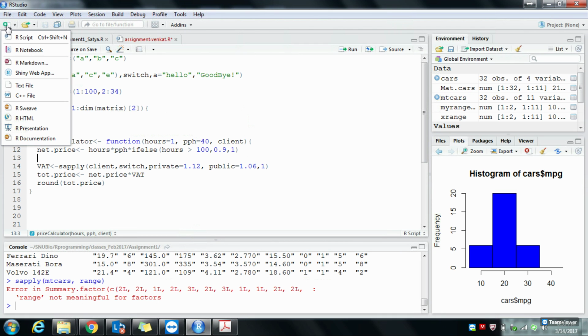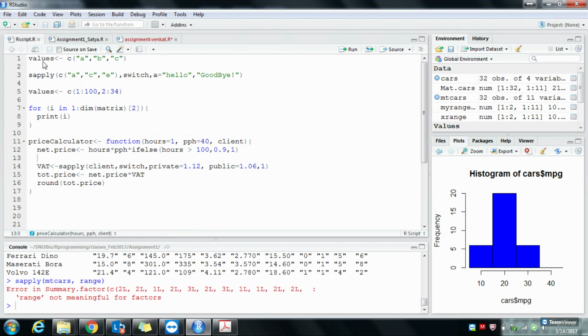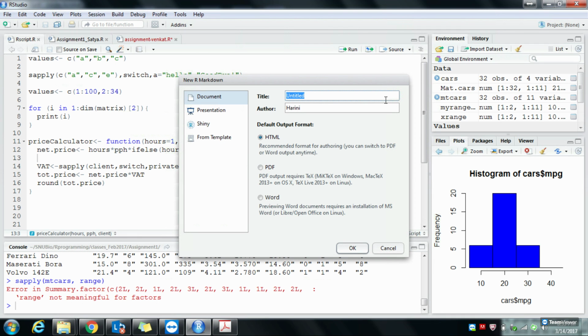You can either go here or use this graphical part. If you click the plus sign over here, you have these options, so you can directly open R Markdown from here. It's asking you for a title. So I'm going to say my first Knitr document, and change your author name. And first we will try